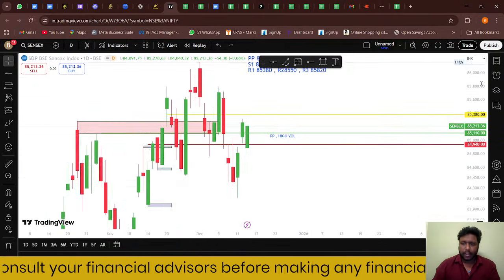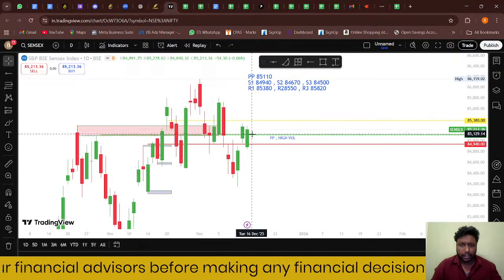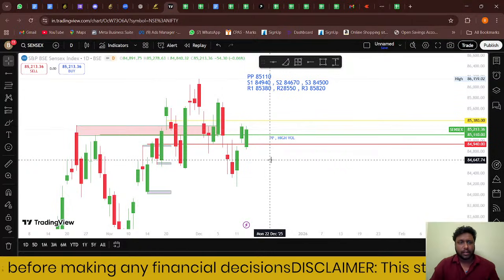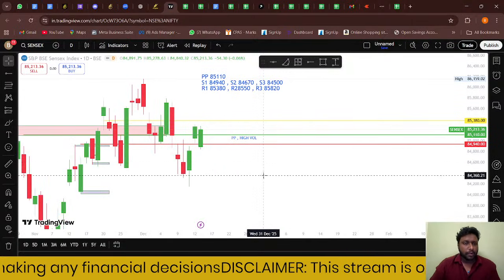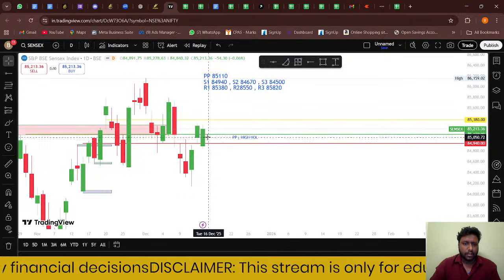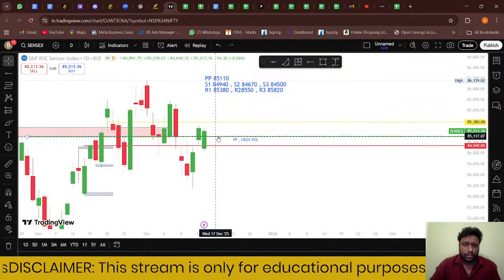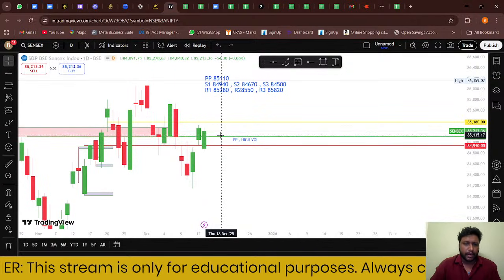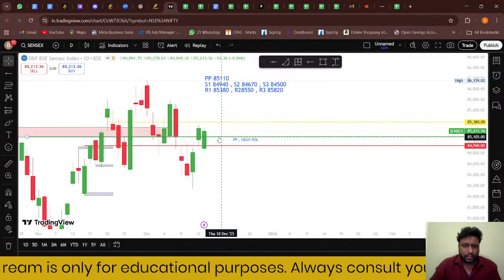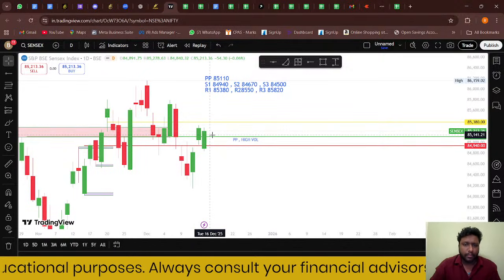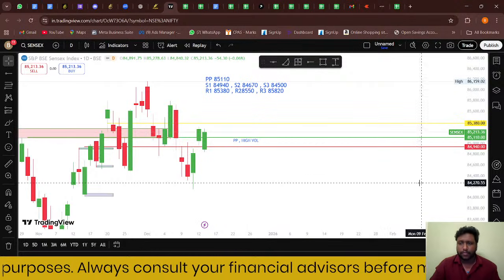So similarly to our Bank Nifty, this is also trading above our pivot line. I personally see it as bullish momentum in the market, but we just need to consider this pivot line. If we get a pullback to this level, and if we get an entry from this particular level, then we can ride to the R1,